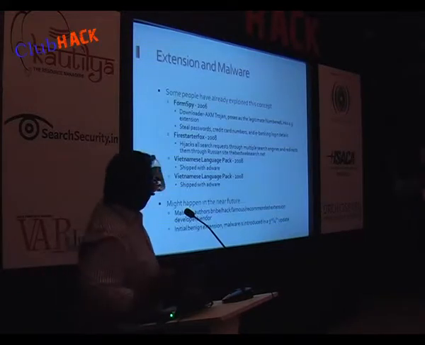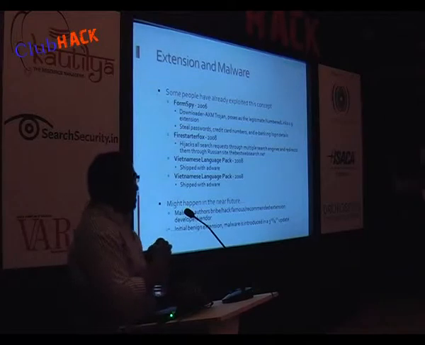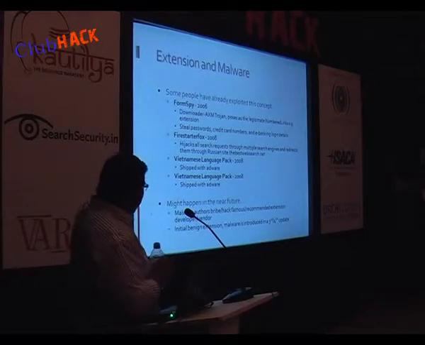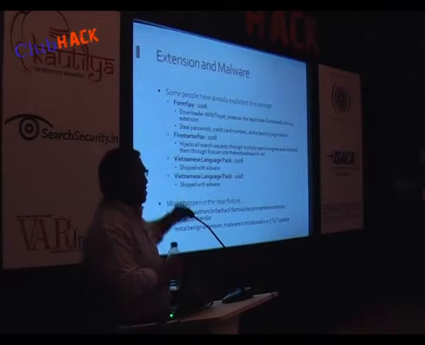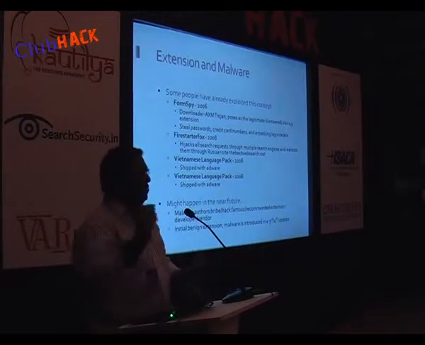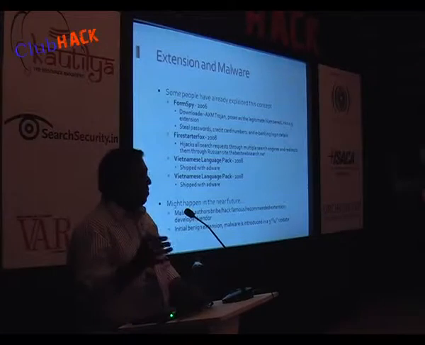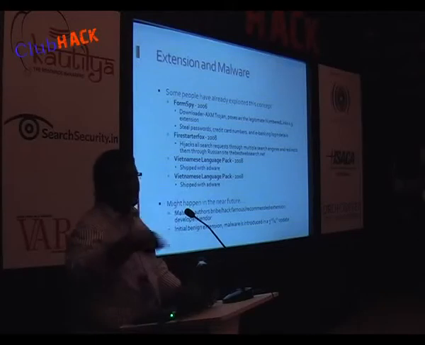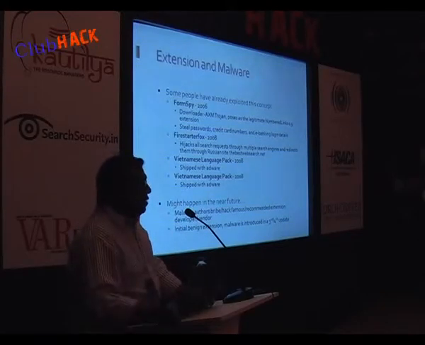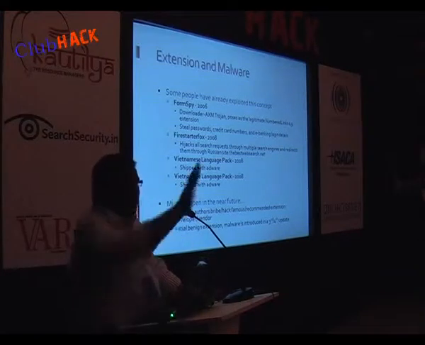A couple of examples. I'm not going to go into all of them. But one thought that came to my mind when I was doing this presentation is, what if I make an extension? The first time, there is no problem. But there is something called an update URL in the install.rdf, which basically says if you want your extensions to be auto-updated, it will auto-update for you. The first time, I submit it to Mozilla, it gets approved, it's on the site.